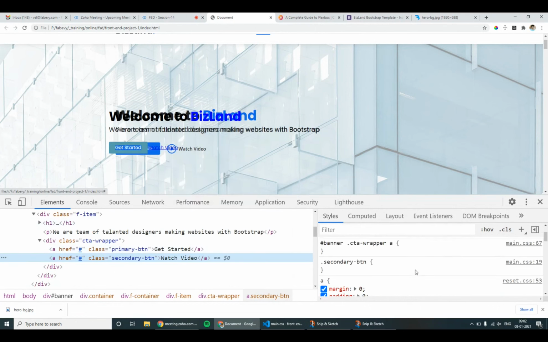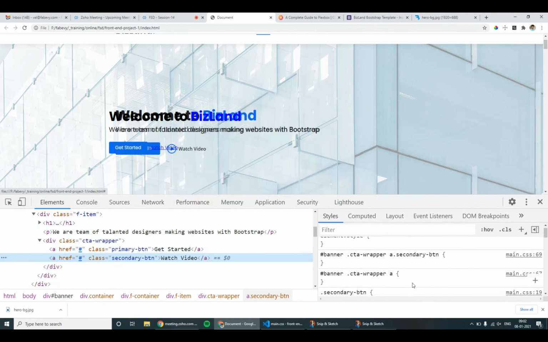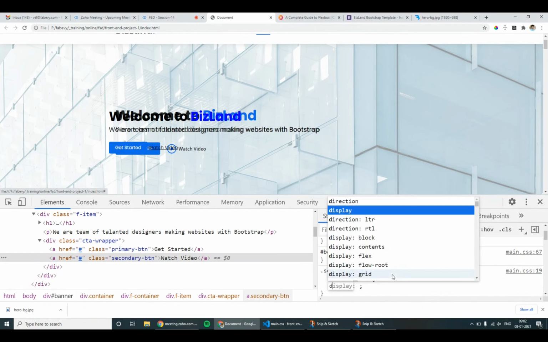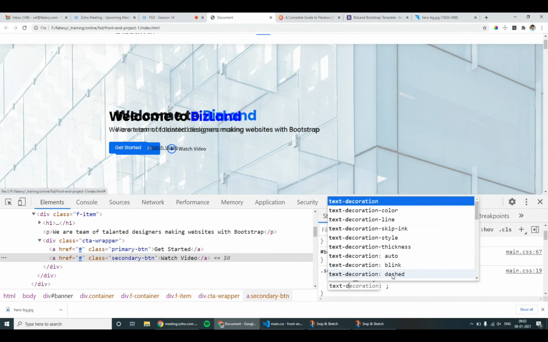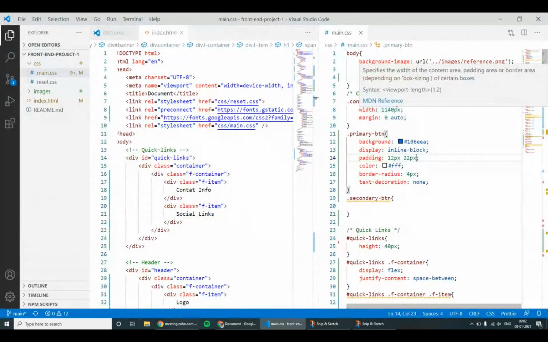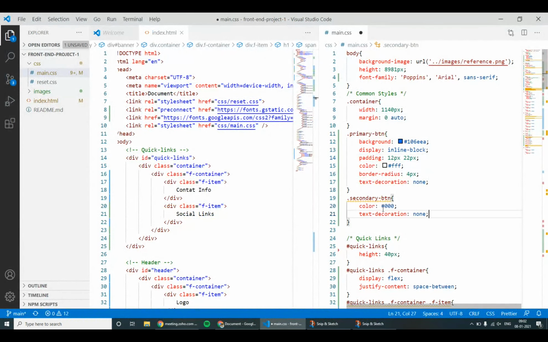So for the secondary button, apply color black, text decoration none. That's it. So simply copy and paste this here,